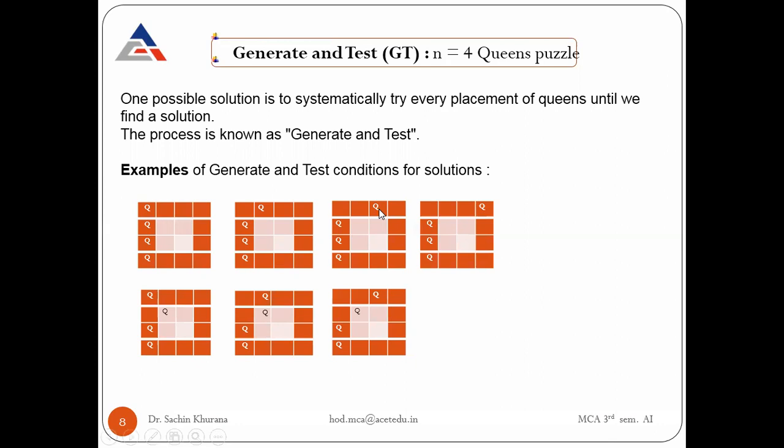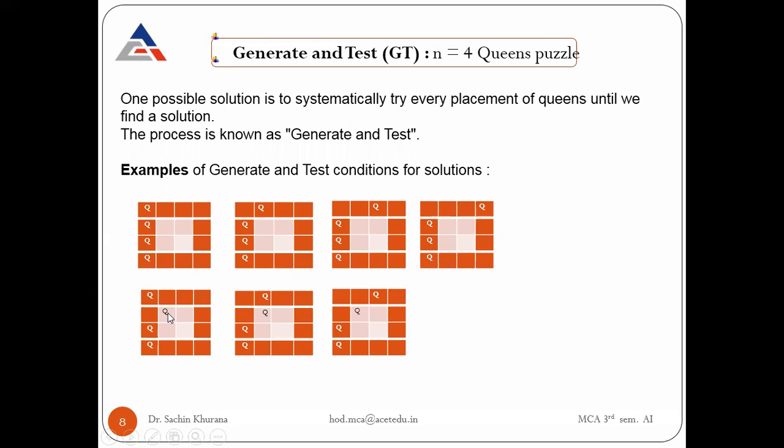So again we'll move the location of the queen further and see whether it is being attacked by any other queen or not. Again, this placement is also not fine. Then we'll move the queen to another location. We'll see whether it is being attacked, yes, it is being attacked over here. So again it cannot be placed over here. Now moving the queen further, we can place it over here. Then moving again, check for horizontal, vertical, and diagonal parts. So we'll see whether the location is fine or not.